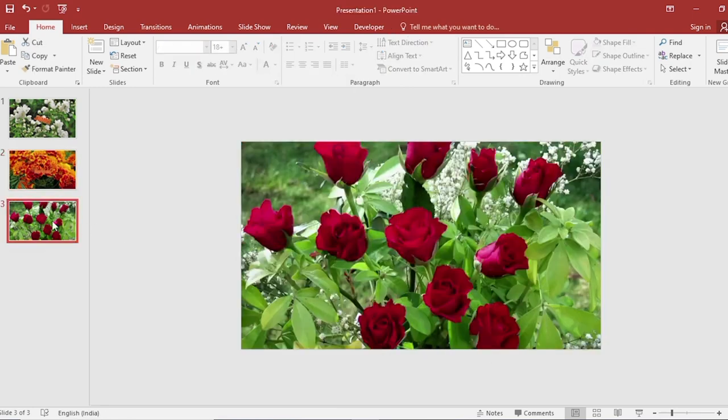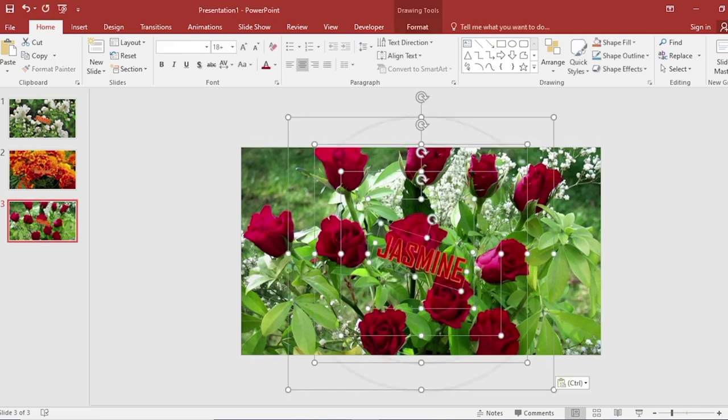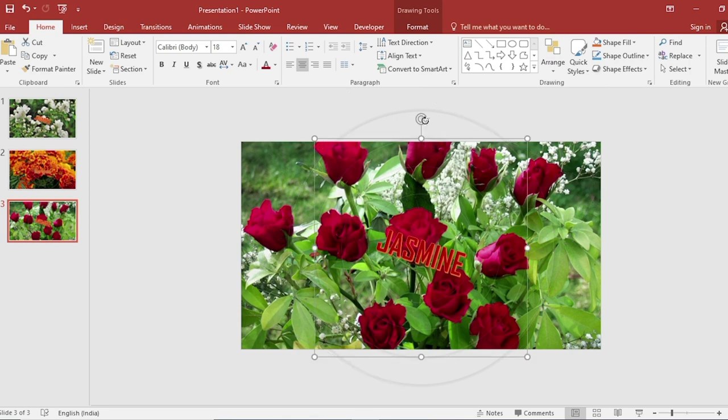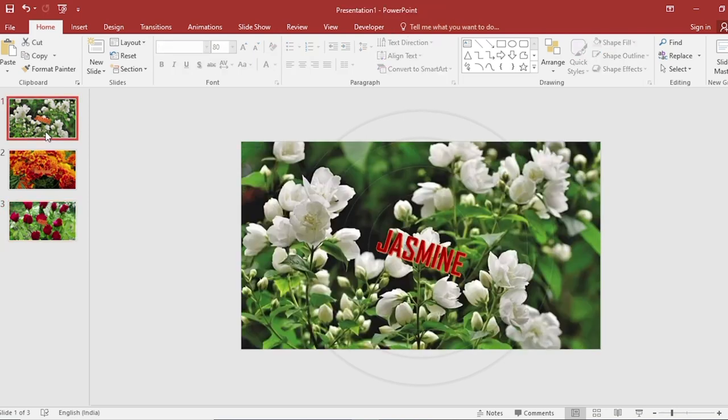Go to third slide and paste it back. Then select each shape and rotate it like this. Select text box. Write rose here. Go to first slide